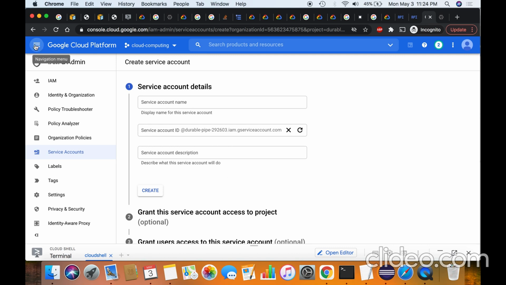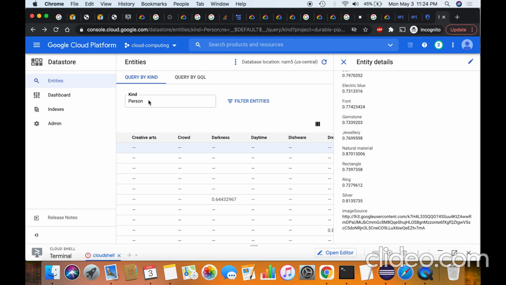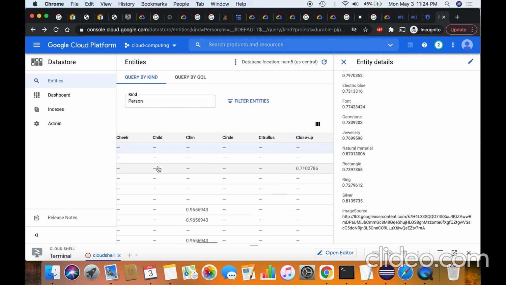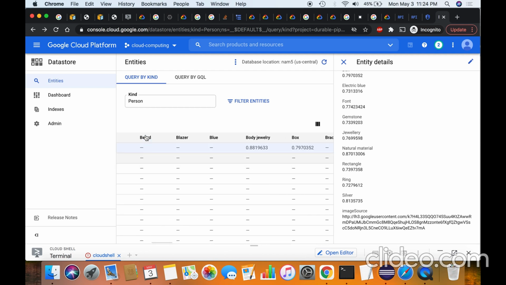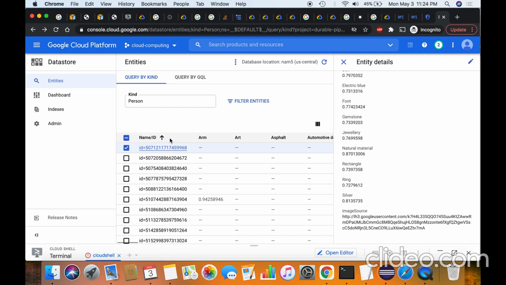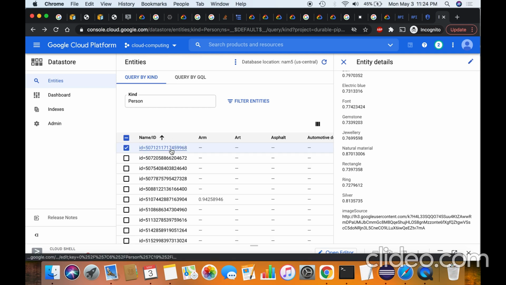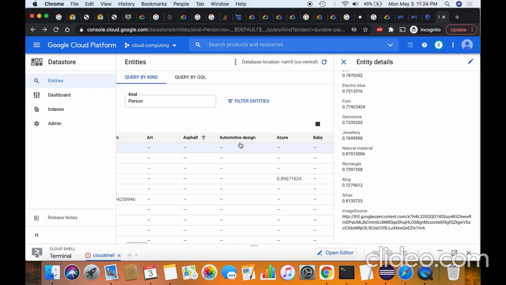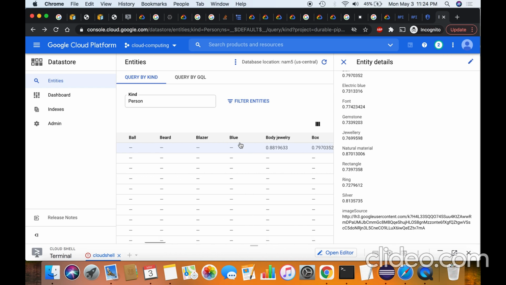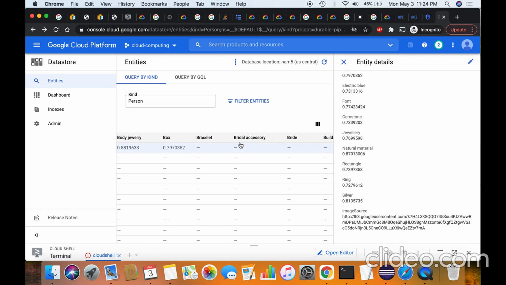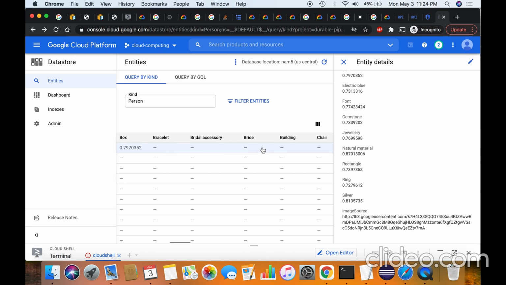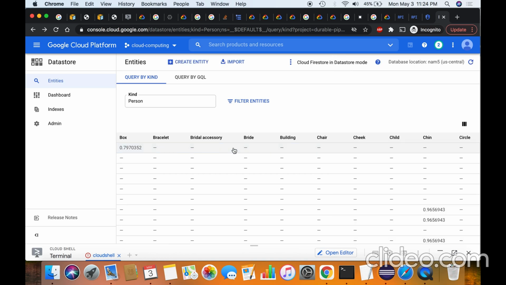And then we have used the Datastore as the backend database. So Person is the entity, or the database name we have used, and there are various categories we can see based on the images we have uploaded. For every image, an ID has been auto generated, and there are many criteria which the particular image will have. For example, if I choose this particular image,